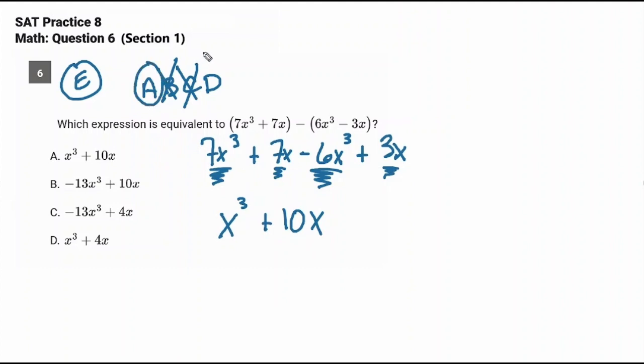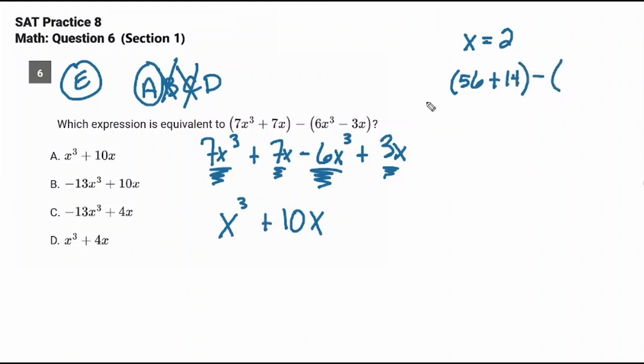Alright, if you want to stick with me, I'll show you how you can plug in here. It's obviously really easy. How do you know that you can plug in? You've got variables in the problem. You've got variables all over the answer choices. So you just want to make them an easy number for x, like 2. And then when you're plugging in, you don't want to get rid of this parentheses. You just want to say 7 times 2 to the third, so 7 times 8, which is 56, plus 7 times 2, which is 14,